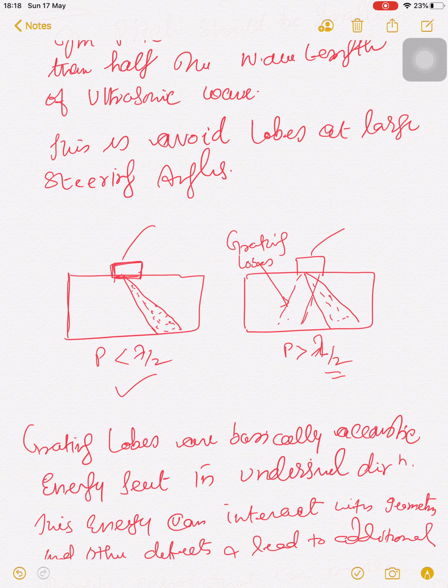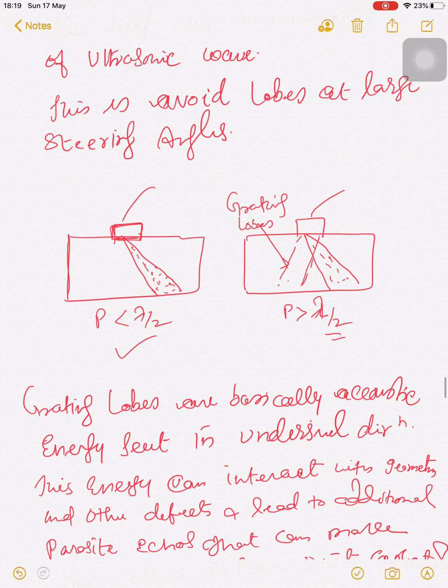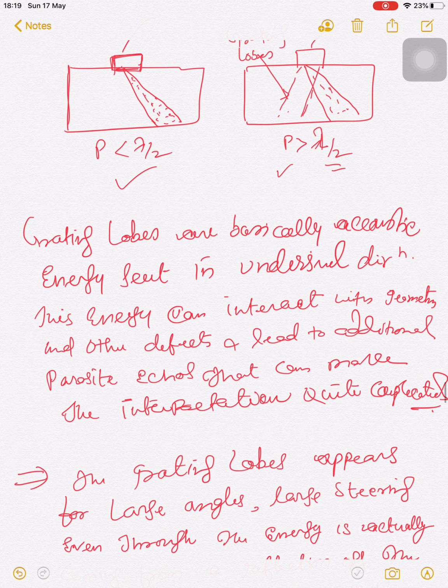If you see this one, the lobes are less, but here there are grating lobes when your pitch is greater than half of your wavelength. But if your pitch is less than half of your wavelength, then there are no grating lobes. What are the grating lobes? Grating lobes are basically acoustic energy